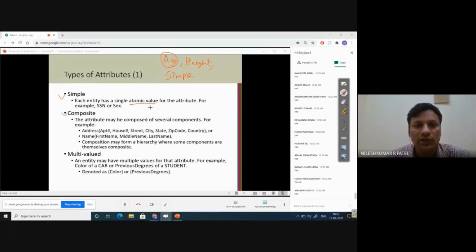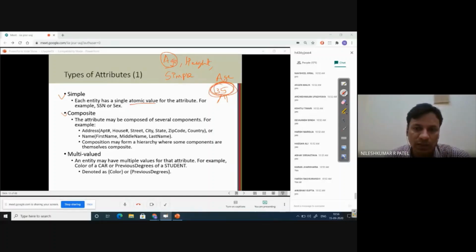You cannot further divide this value. Means what? If I mention that my age is 35 years, right? What I get out of this value is just my age. A label is there with this particular value, that is, it is age. But by this age, I cannot infer anything else.